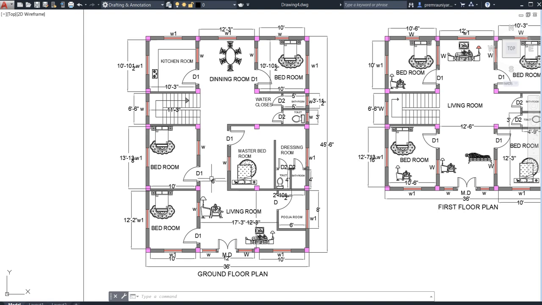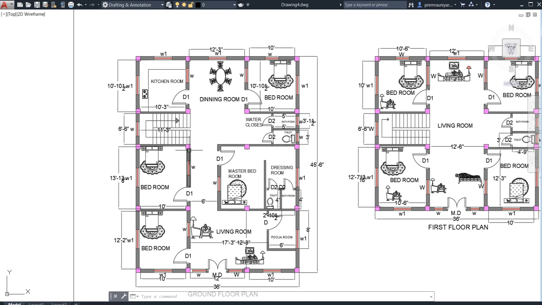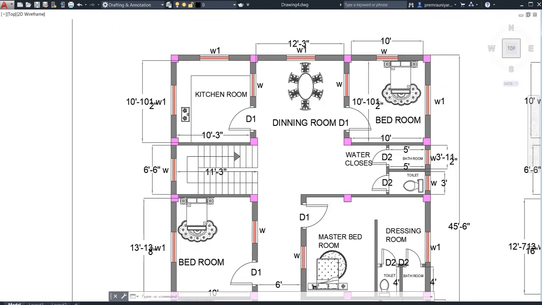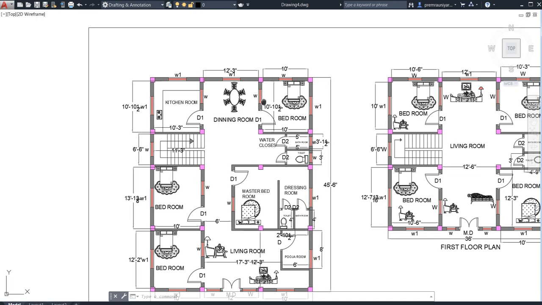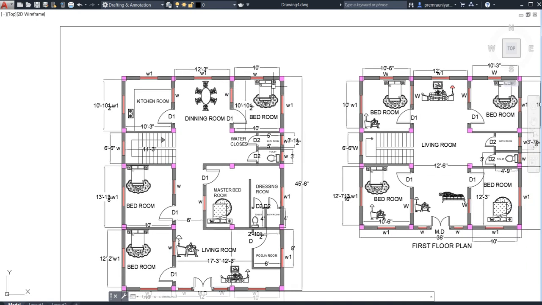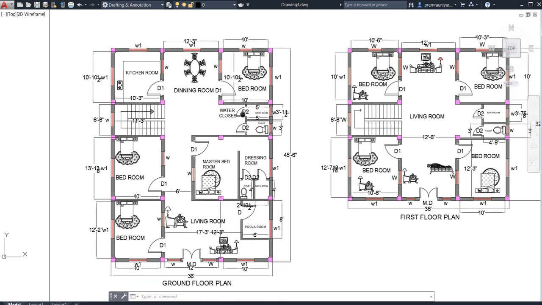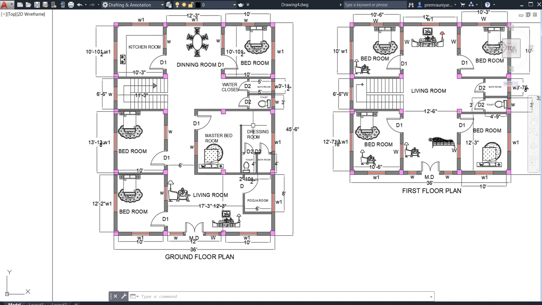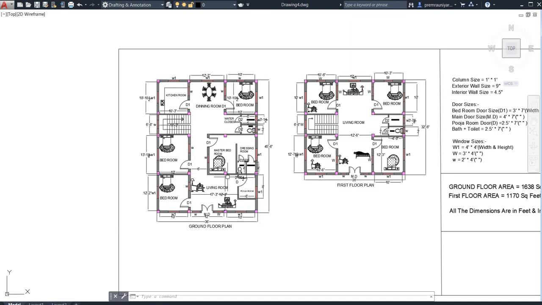Beside this passage, to the left of this passage, you can see again one bedroom is there. Here, see that I have kept the stairs also, and here will be my dining room, and to the left of this is my kitchen, and this is my gas stove, and these are my dining chairs, and here this is my bedroom again. Here also there is a bathroom as well as a toilet. So this is my plan of a building.